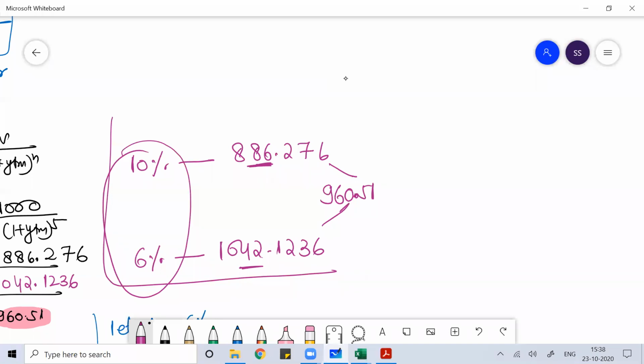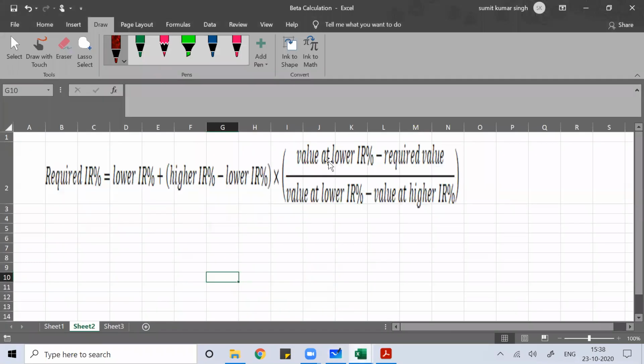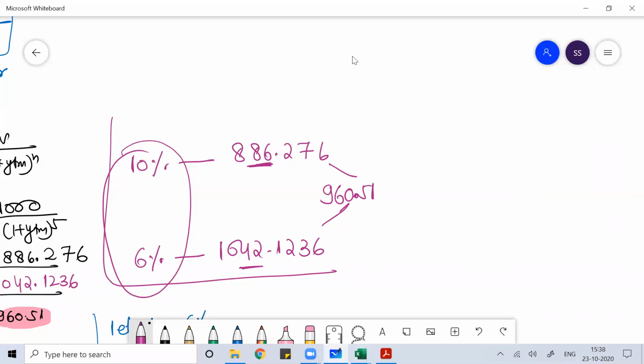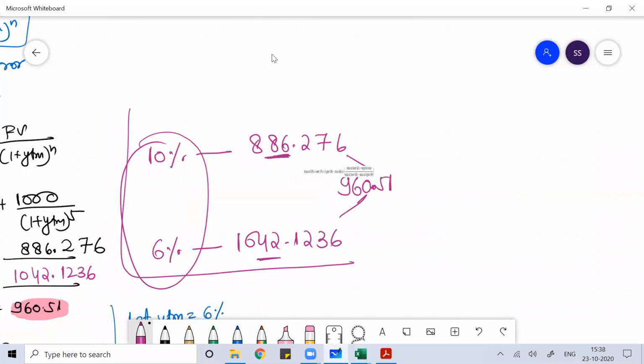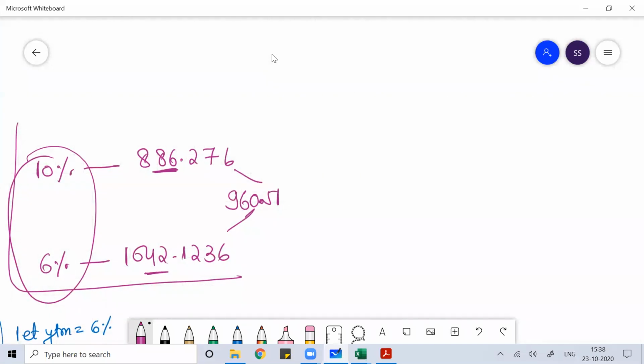For that, there is a formula called interpolation. We can solve it by using interpolation. This is the formula for that. So what is the YTM formula? That is